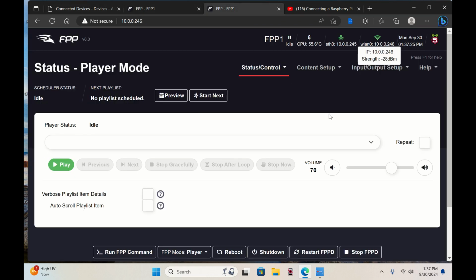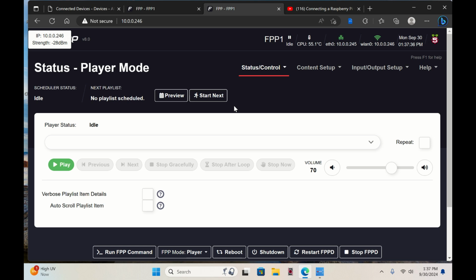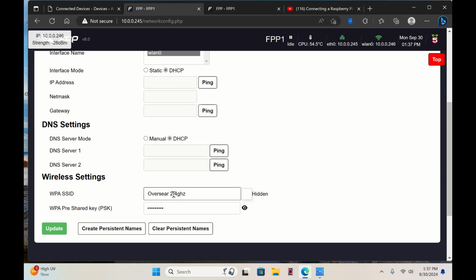The problem is when I take my Wi-Fi extender outside, it doesn't seem like it will automatically grab the Wi-Fi extender. It seems like it's still trying to pull from, I'm assuming, this 10.0.0.246, which is, I'm assuming, the router's